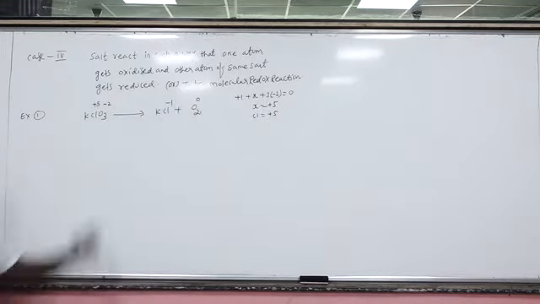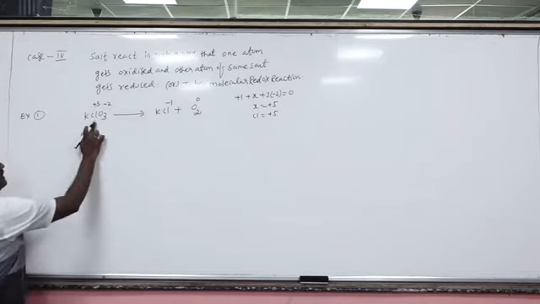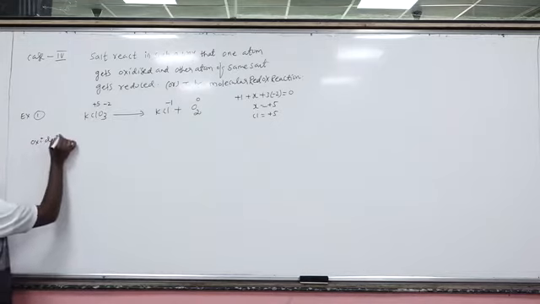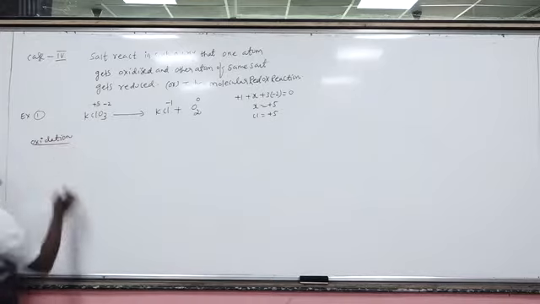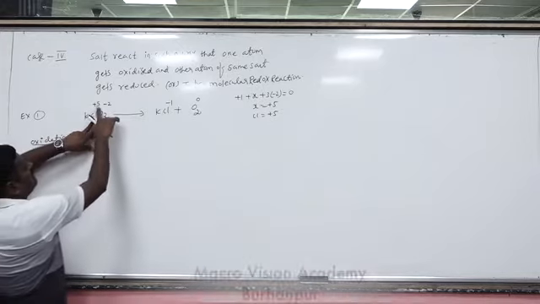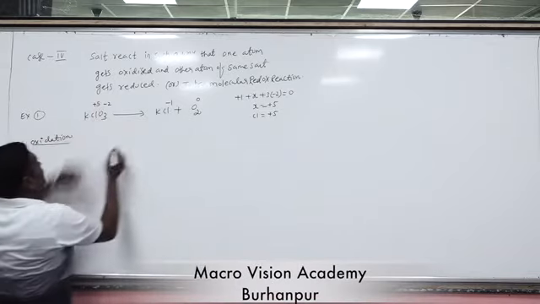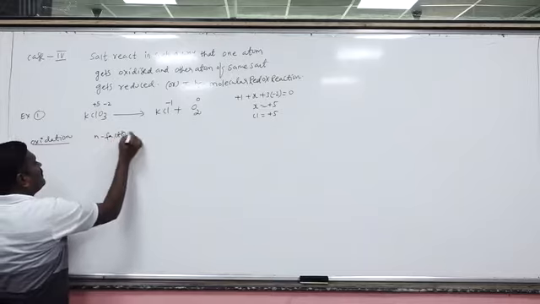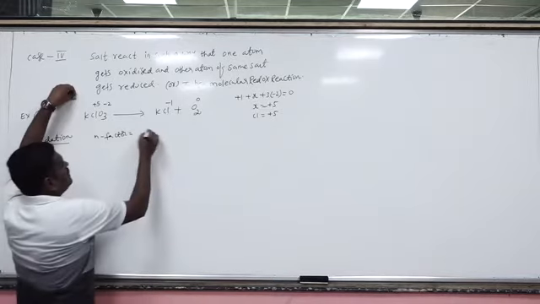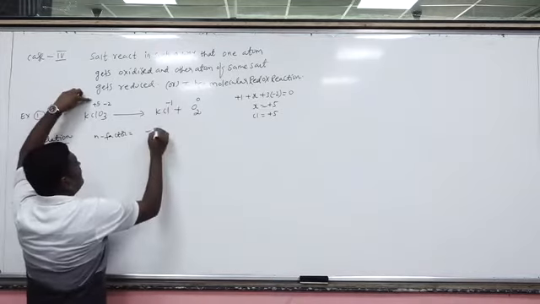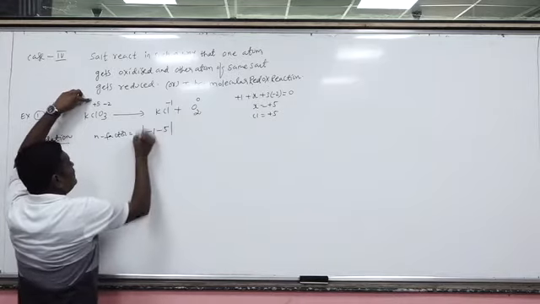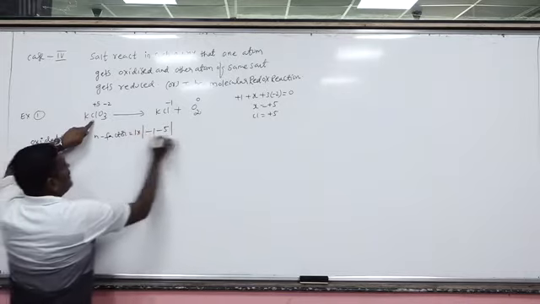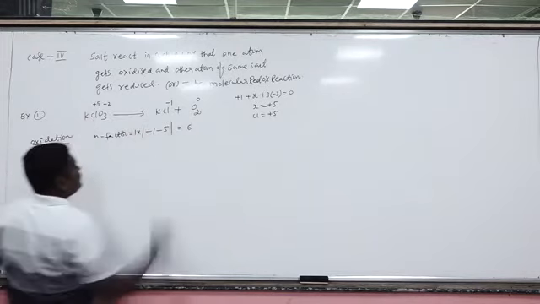Here, suppose we consider oxidation. In oxidation, what happens? Chlorine oxidation number changes from +5 to -1. So we can calculate the N factor: change in oxidation state, right side -1, left side +5. So change. How many chlorine atoms are there? Only one chlorine atom is there. So that change will be 6.